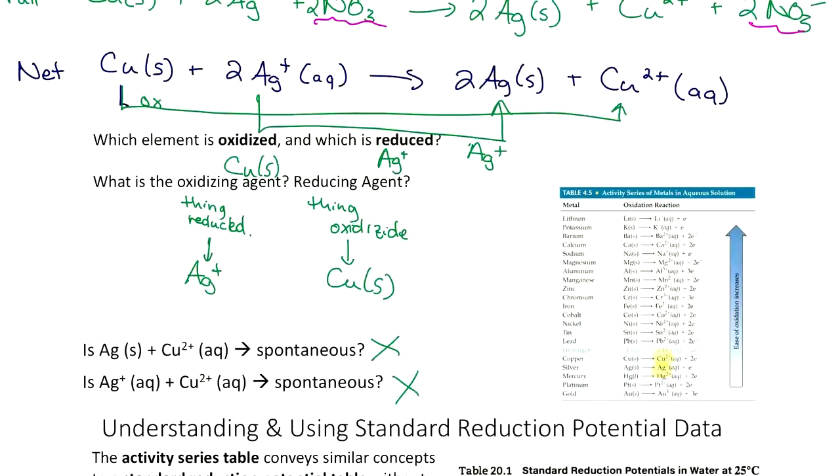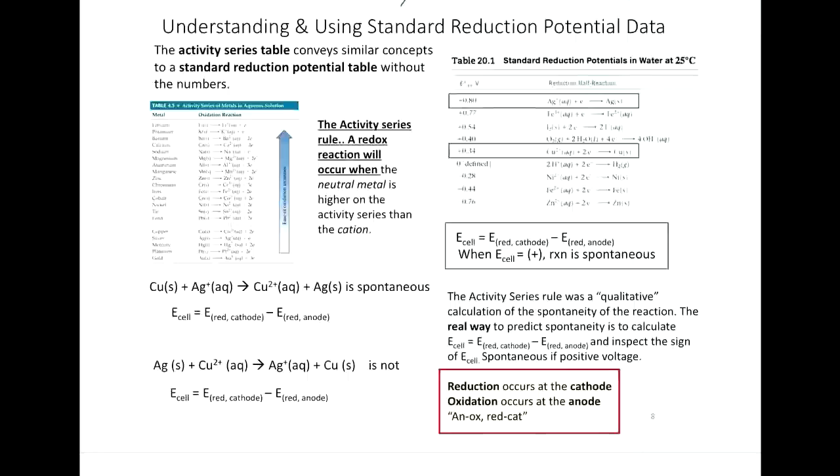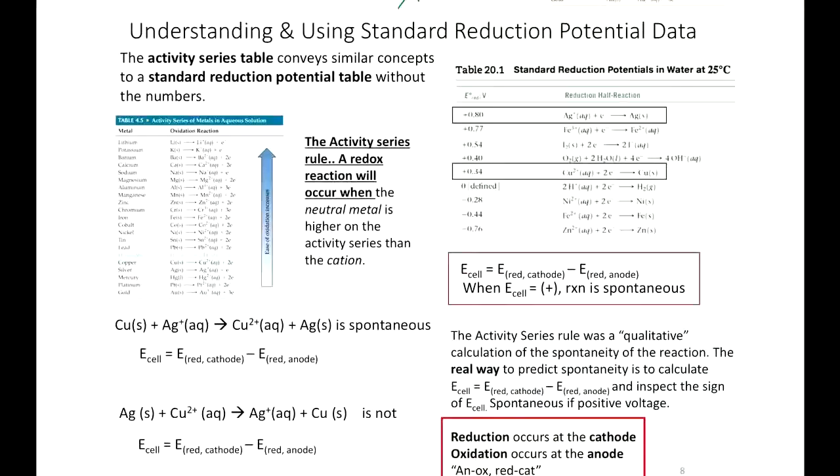But why? Why don't these things happen? It's not just because of the table and which metal is higher. Again, in the background, what you were doing was actually calculating Gibbs free energy and cell potential of the 2 half reactions involved. Okay, so now this is the new stuff in the chapter. Now that I've primed you, we can get some learning done. In this chapter, we're going to present to you reduction values,